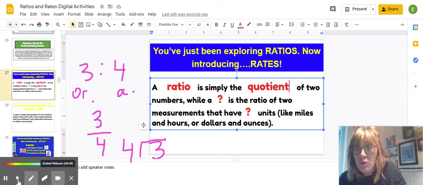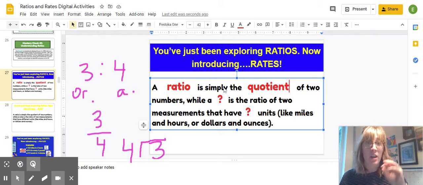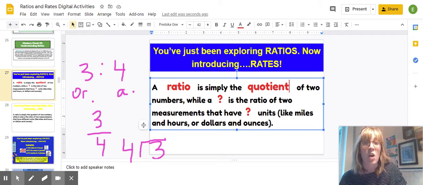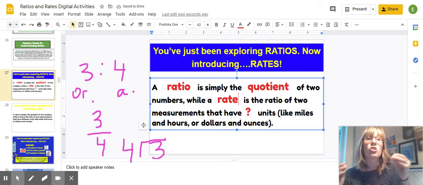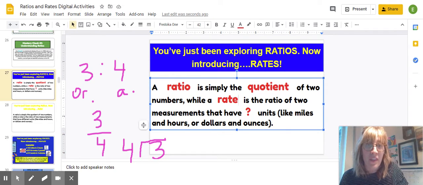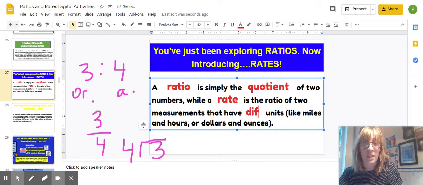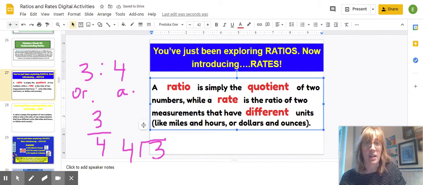So as we move on, we know that a ratio is simply the quotient of two numbers, while a rate is the ratio of two measurements, right? So we're still comparing two things, but this time what's unique is that they have different units, right? So they might have things here as noted like miles and hours, right? He traveled to his grandma's house and it took him 2 hours to go 100 miles or whatever it is,